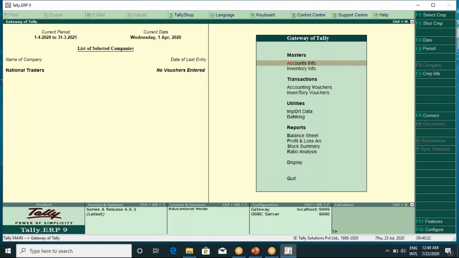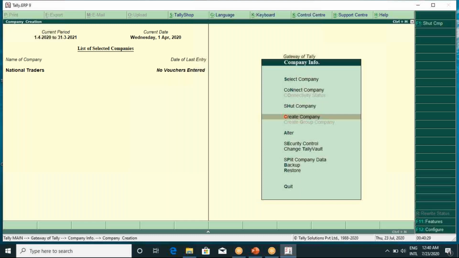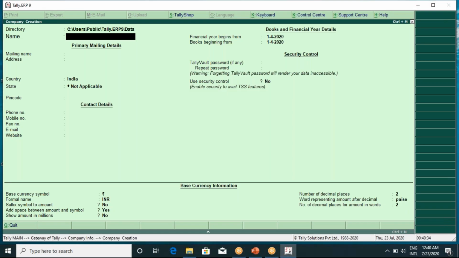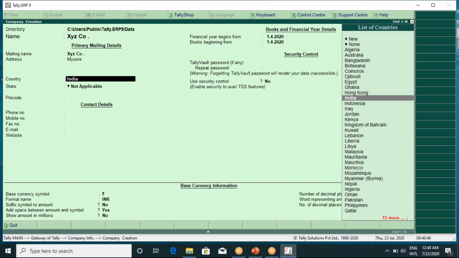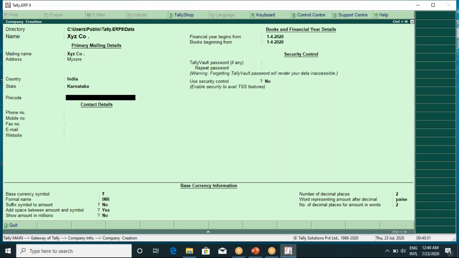Work in educational mode and I am creating a new company. When creating a new company, create a company using the create a company option. Here I am mentioning the company name XYZ company, address Mysore, country India, state Karnataka. If you have any pin code number, just mention here, and mobile number,